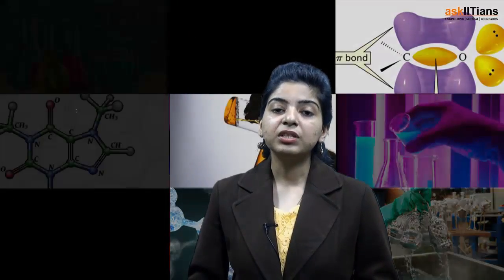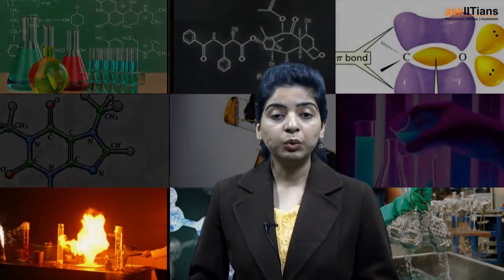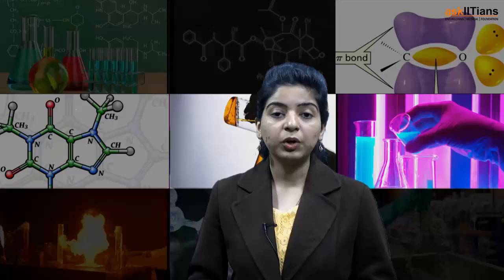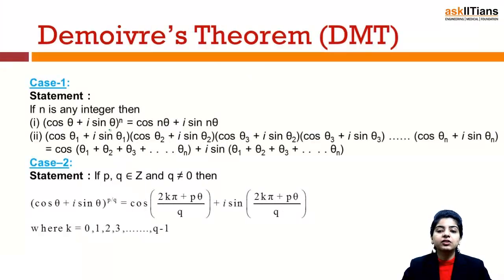In this session, we'll be discussing the concept of De Moivre's theorem, in which you shall get to know that there can be two cases of the theorem, that is when n is an integer and n is a rational number. We shall also discuss some of the applications of this theorem. So let's begin. The next topic that we have is De Moivre's theorem, and we can have two cases in this. This is also an extremely important theorem and you can expect a question from this topic in your exams.